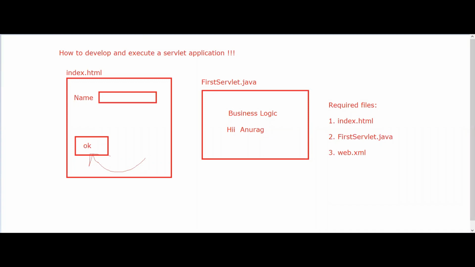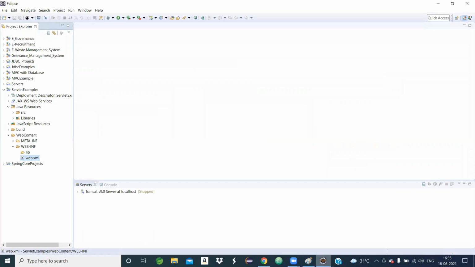Now I will go to my Eclipse environment. Our first file is the index.html file. So how to create an HTML file?